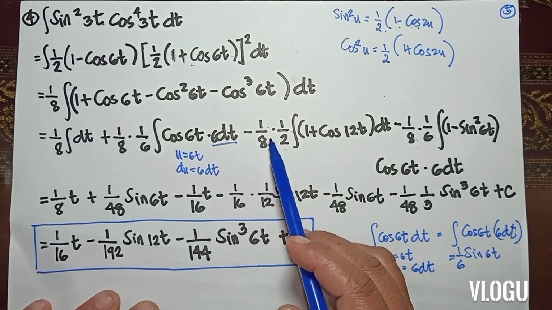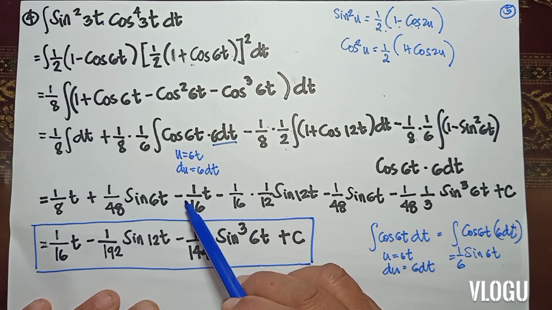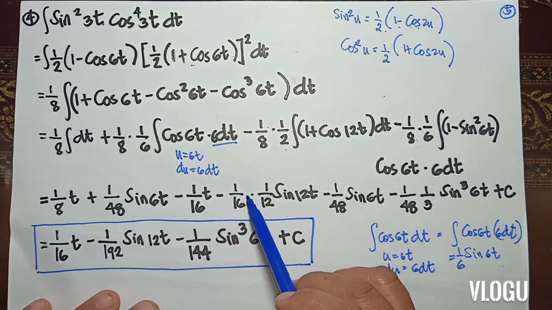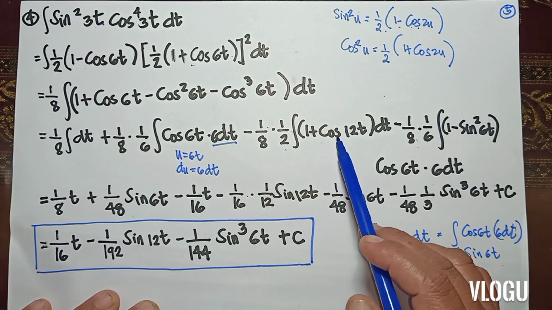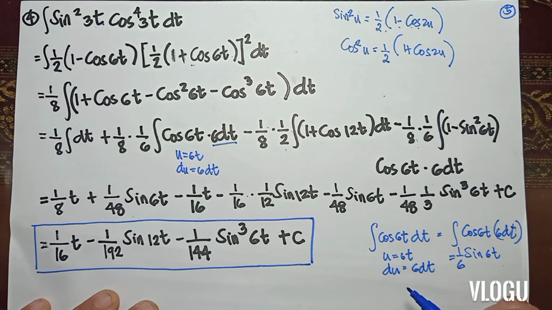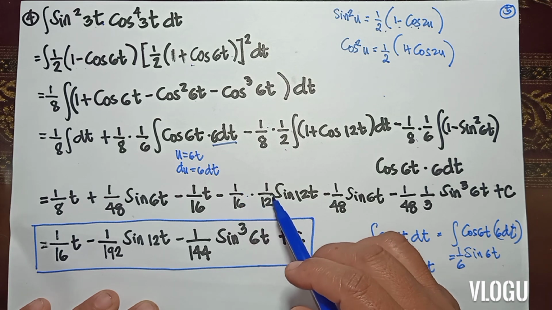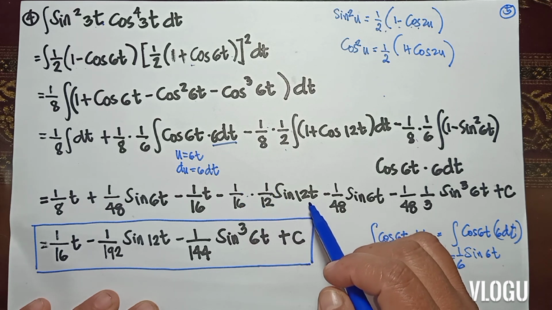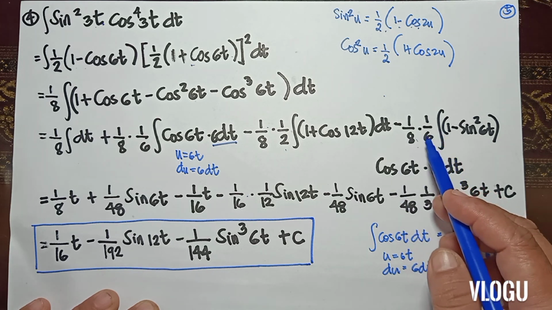Then the integral of 1 over 16, so negative 1 over 16t minus, the integral of cosine 12t, our u here, that is 12t, du, that is 12 dt. So multiply 1 over 12 here. That's the reason you will have 1 over 16, 1 over 12 sine 12t. Minus the integral, the integral of